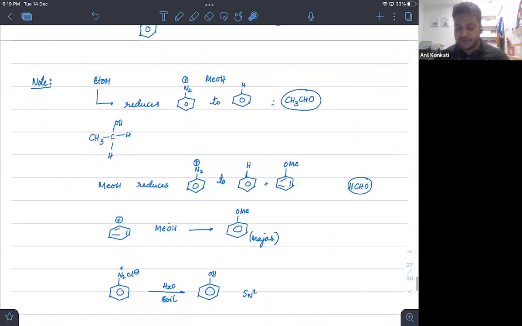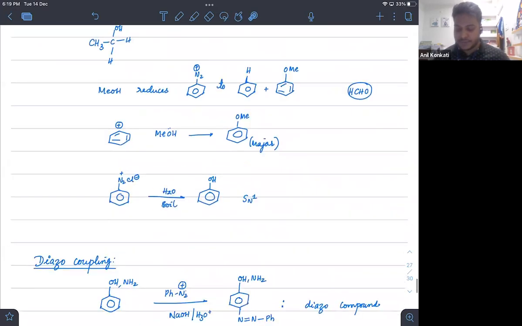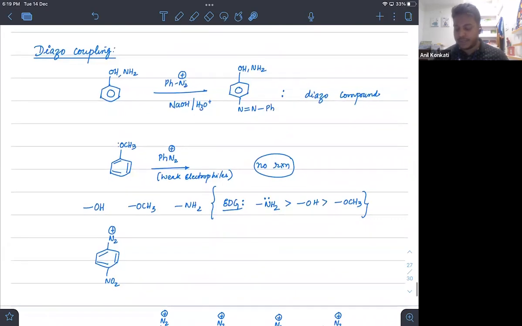Okay, diazonium salts, we have discussed that already. Right. This is the important area, last one, which is the diazo coupling area. Diazo coupling is done with either phenols or anilines, right? So if you take phenol or aniline and treat that with diazonium salt, okay, diazonium salt is PhN2 plus, correct? Then this diazonium salt will act like an electrophile, and at the para position, you will see substitution will happen. So we'll get N double bond N and Ph.